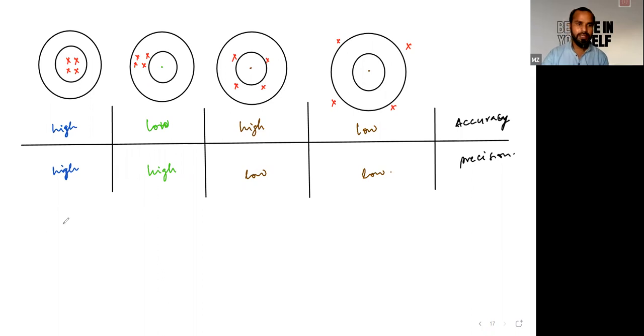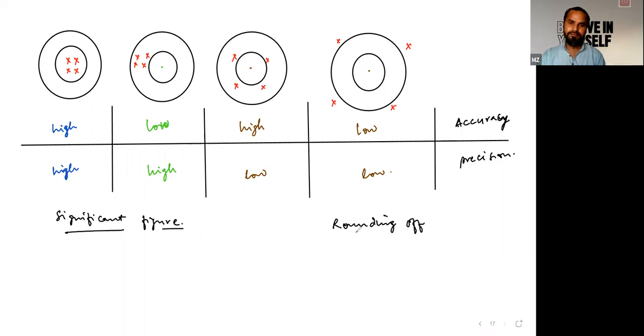So we have just defined how to define accuracy and precision. On the basis of this, there is one more topic, that is significant figures and rounding off. You all know about the rounding off method, but let me define this significant figure. For measuring any experimental value, let's say